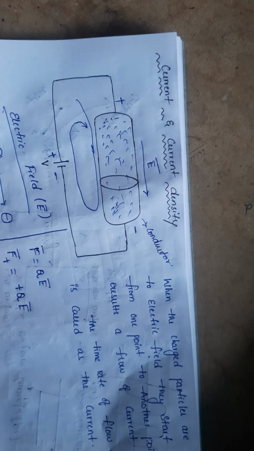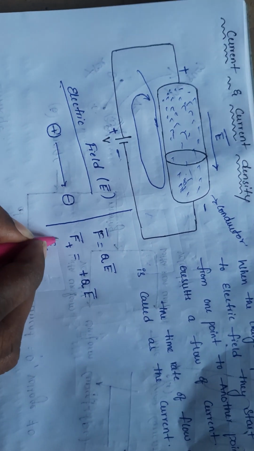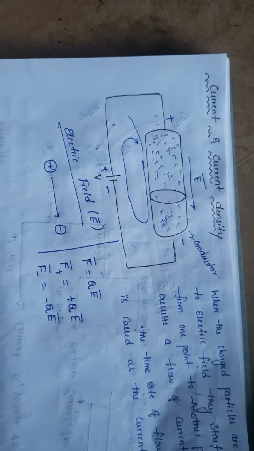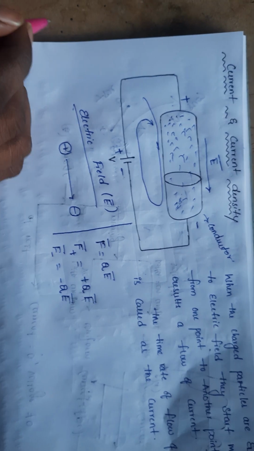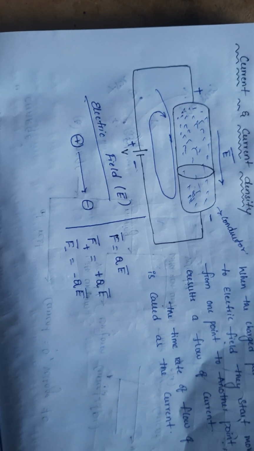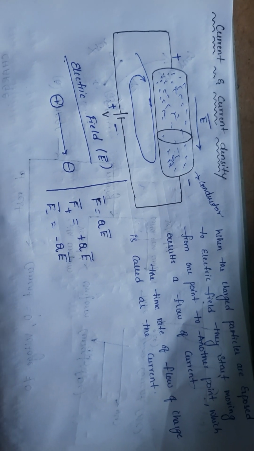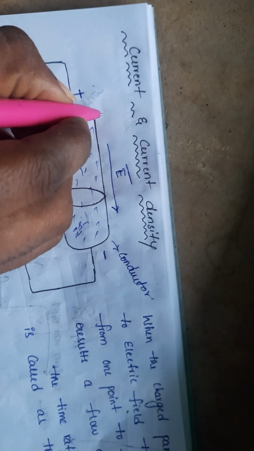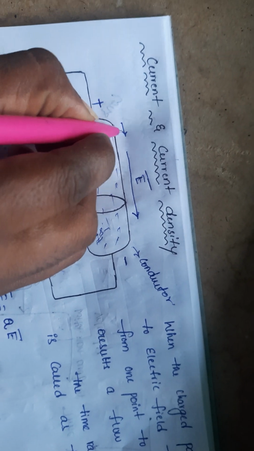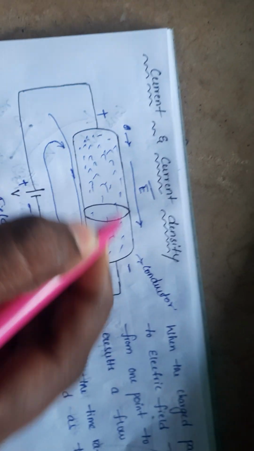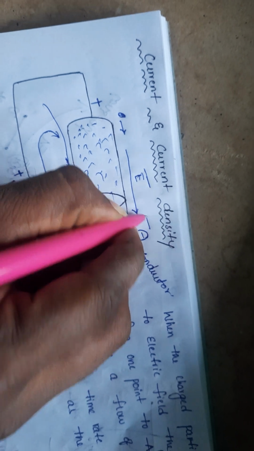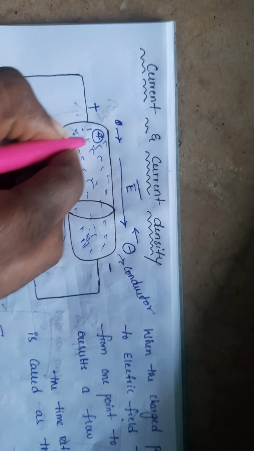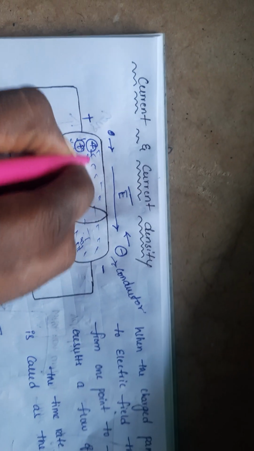Negative force, this is the negative force, minus qE bar. So this is the direction of the positive charges, and this is the direction of the negative charges. So in textbooks it is like this: positive charges,